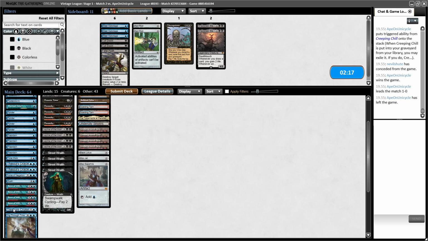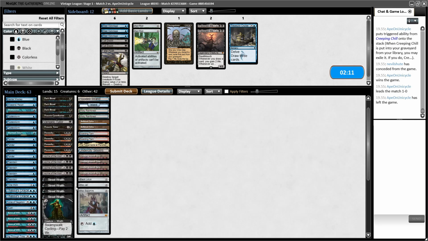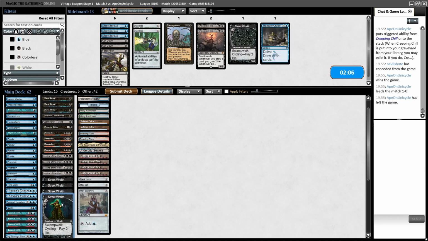And maybe like Treasure Cruise as well. I'll keep the Dig Through Time, just one of them. But I don't know, maybe I'm also supposed to slow down and be more of a control deck here with my Leyline plan. I'll shave a Street Wraith and a Preordain like in the previous matchup, and I guess